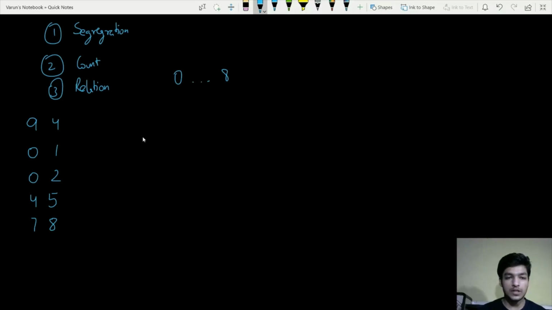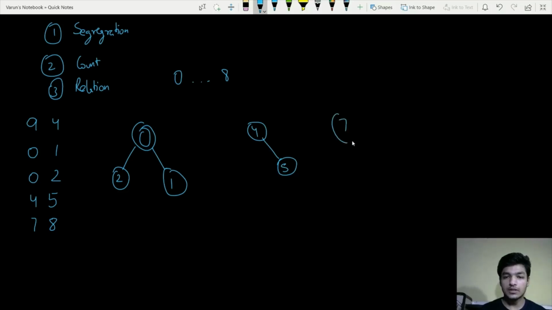The first pair is 0 and 1, so we make a connection from 0 to 1 in the graph. Second is 0 and 2. 0 is already present, so we simply make a connection between 0 and 2. Next is 4 and 5, so we make a connection between 4 and 5. Next is 7 and 8, so we make a connection between 7 and 8.